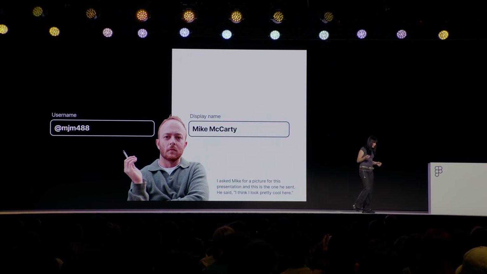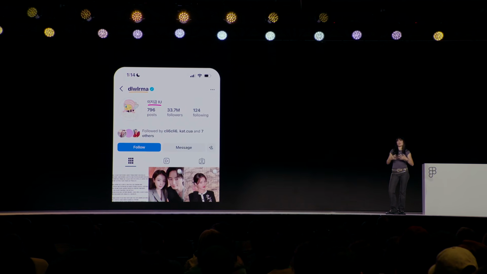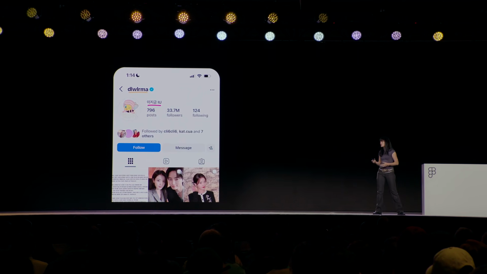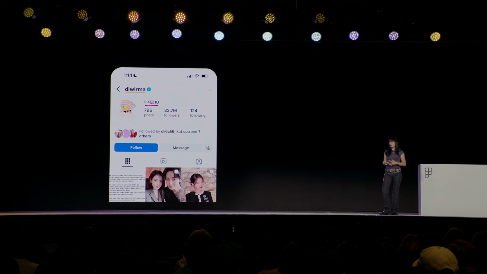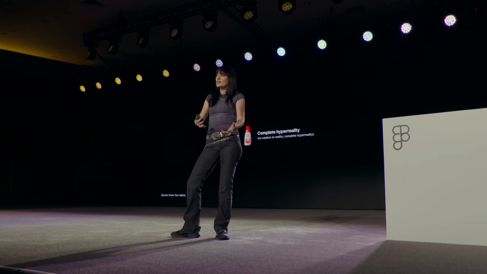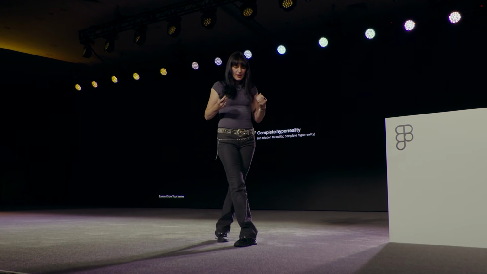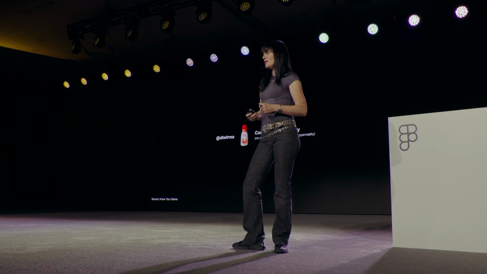I think we see this even more true in other parts of the world, places where they don't use the Latin alphabet, like in Korea, where the Korean language uses the Hangul alphabet. This is the K-pop star IU. Her Instagram handle is DLWLRMA. And I think at first, this maybe seems already like complete hyperreality, like it's bearing no relationship with her Hangul name or even with her stage name. But actually, I think this is at the third stage of Baudrillard's theory, because really